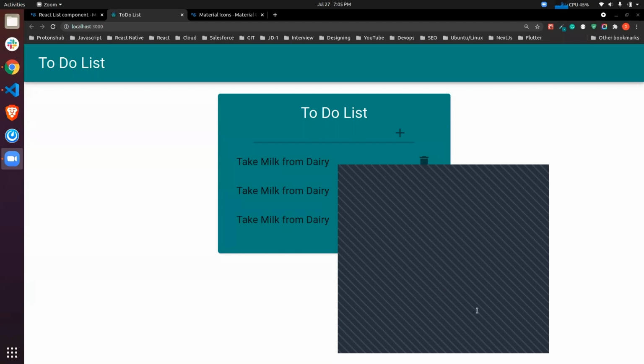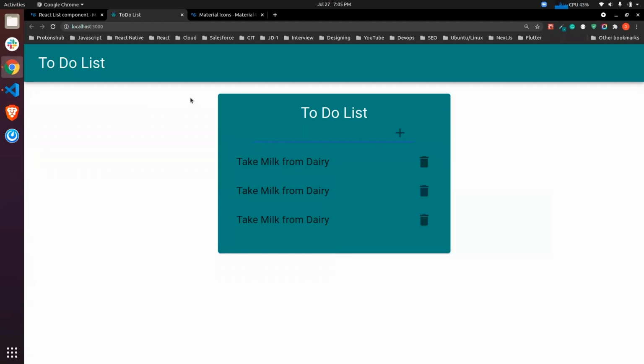Okay, guys. So today we have covered the designing part using Material UI. We have designed most of our things. So tomorrow what we'll be doing is adding the functionality to add our item into the to-do list and to delete it. And if you guys have any issue in the code which we have done today, please ask if you can, or you can ping me on the Discord channel as well.